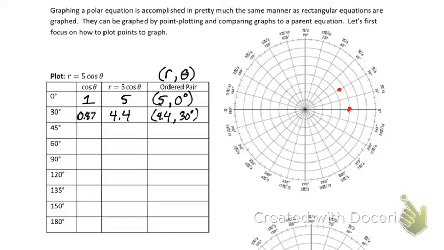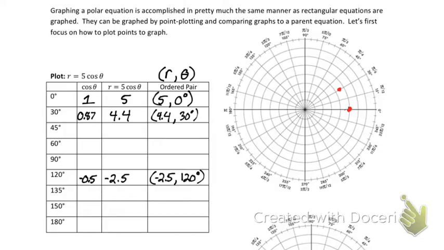All right, we're doing one more together, and that is at 120, because 120 takes a sharp turn. At 120 degrees, we are going to get out negative 0.5, and multiply that by 5, and we're going to get negative 2.5, which will give us the point negative 2.5, comma 120